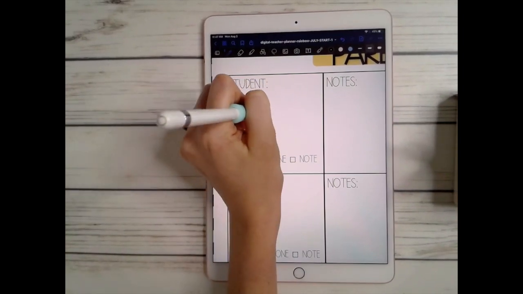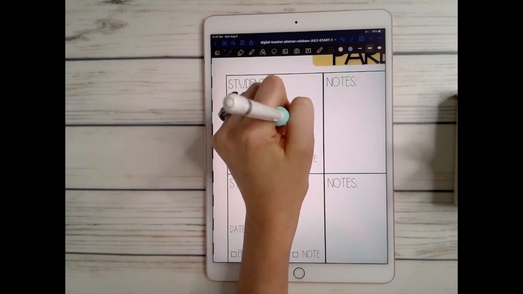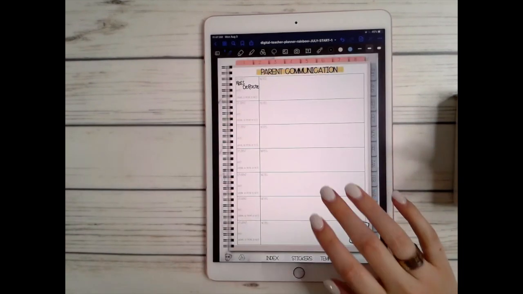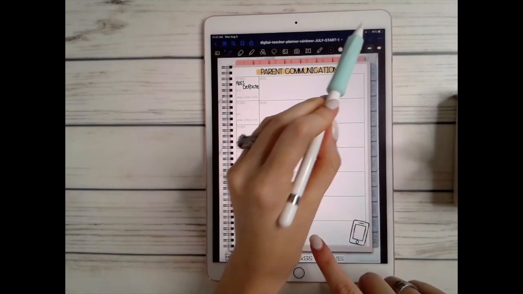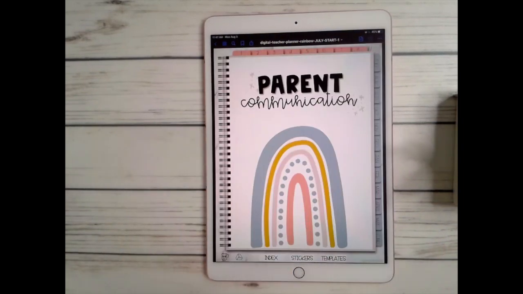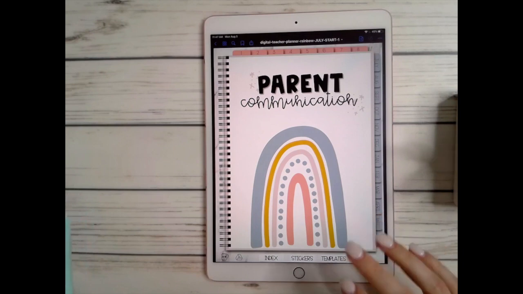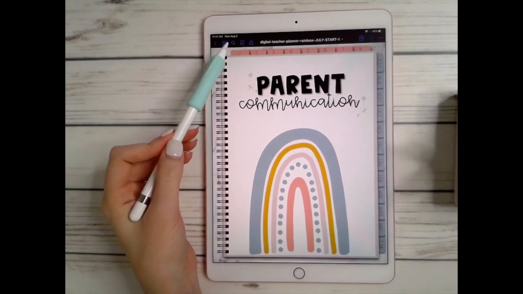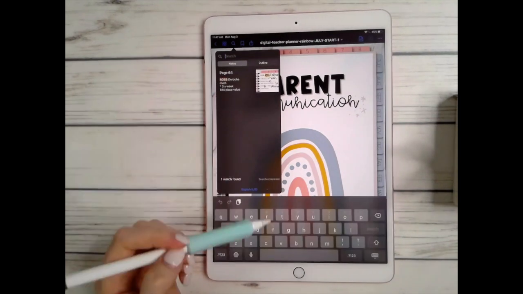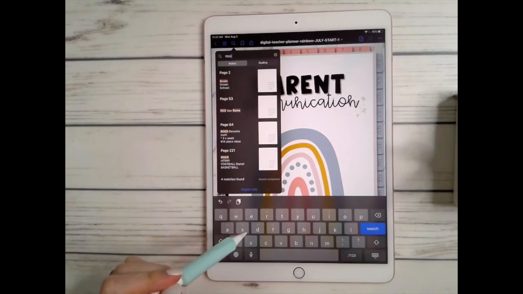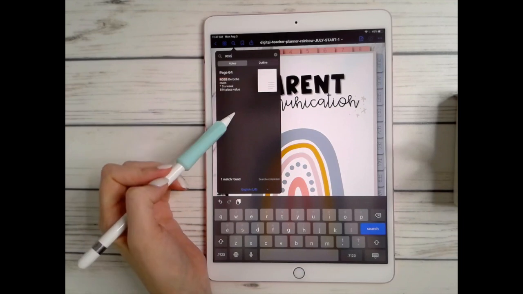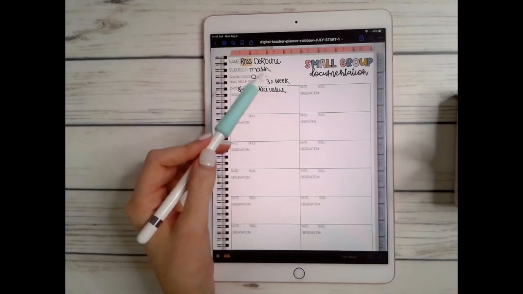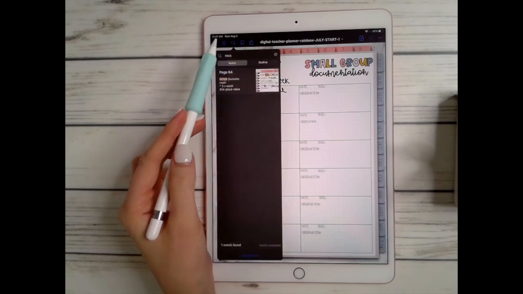and I want to be able to access it quickly, Goodnotes has a search tool that you can easily search everything. So let's say I am in a meeting with that child's parent and I want to bring up all documentation on that child. I'm going to click right here in the search toolbar and I'm going to type in his name. And everywhere I wrote his name will show up. So we have when I documented with his small group, along with